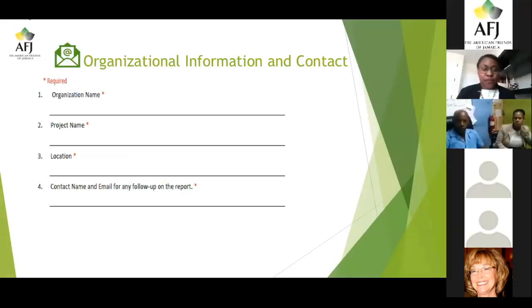First off, we have the organizational information. All of this, again, is on the portal. All of this is going to be an online form that you'll be submitting, and so you'll be entering all this information inside the portal in real time. So I would definitely advise that you prepare all of this information beforehand before actually going to the website and filling in the information. But this first section is the organization's name, the project name, the location, and the name and